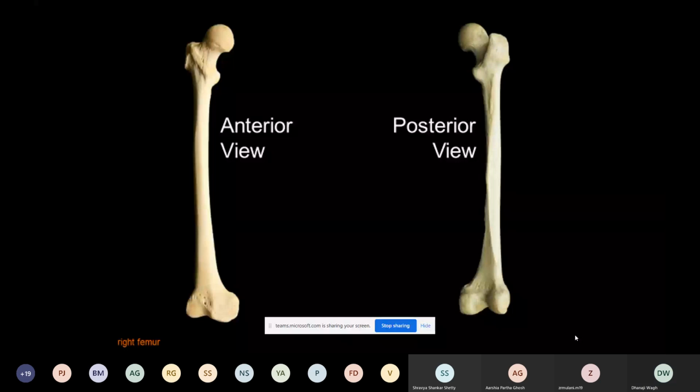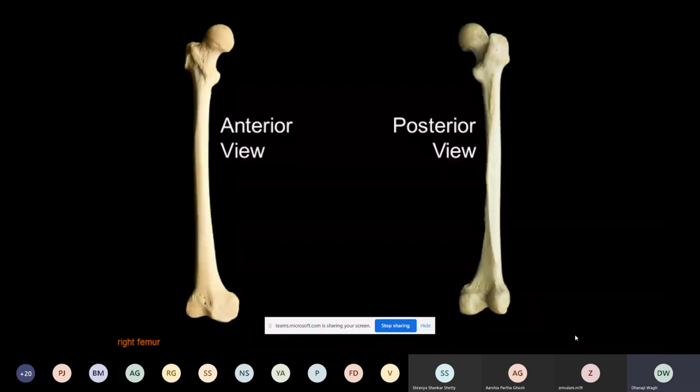The second one, the head is directed medially. And the third is the cylindrical shaft is convex forward. This is a two-dimensional diagram. On the natural bone, you can identify easily that the shaft is convex forward. So these are the 3 points for side determination. Remember regarding the upper end and lower end: the upper end bears a rounded head, whereas the lower end has the wide condyles, the expanded portion, and the head is directed medially and the shaft is convex forward.